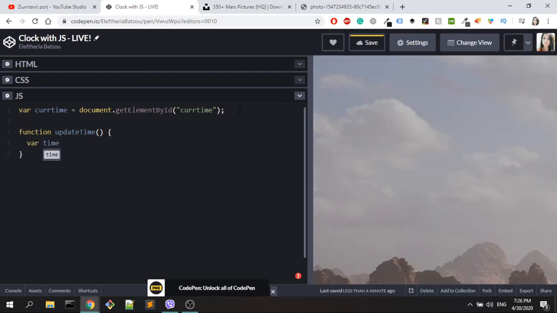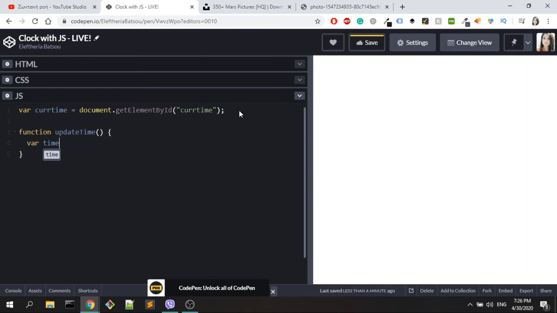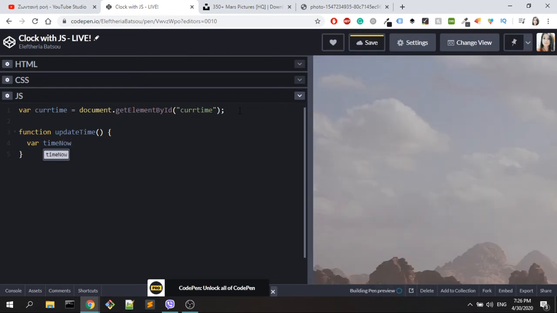We will have a variable, I will name it time now, or you could also have it as current time. But anyway, let's have the new Date here. This is how you take the date that corresponds to the area that you are in, because maybe you and I have different hours, different time zones, but that's how we are taking the date. So now I want to take the hour, the minutes, and the seconds. To do so, I will have HH for hour, and I'm going to have time now, and we're going to take the